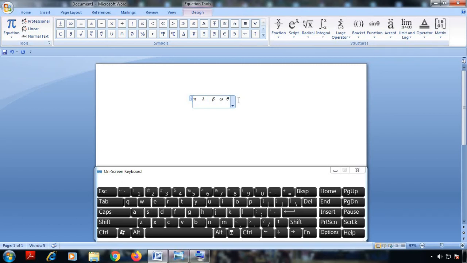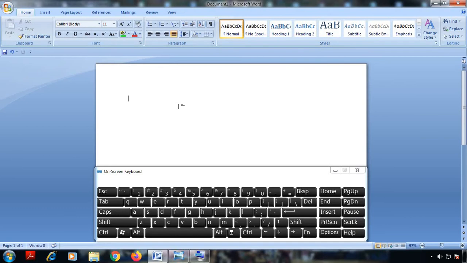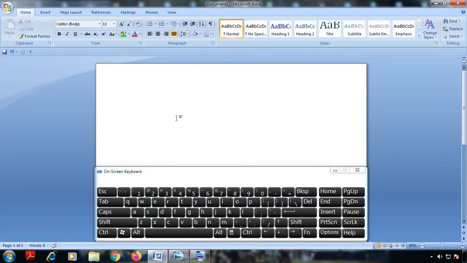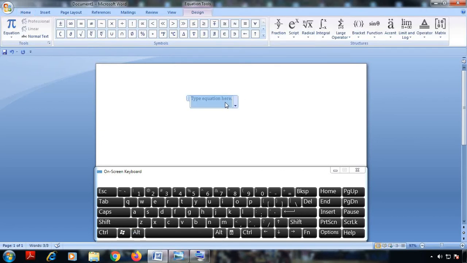Now how to write equations properly in a proper presentable manner, that I will show you. Now let's say there's a first equation. If you can see here on my screen, let's say there's Ohm's law. You want to write V is equal to IR. How am I going to write that? I'll again go to my equation editor. To initiate equation editor, I can again insert alt and equal to. Here you can observe the equation editor appears on the screen.